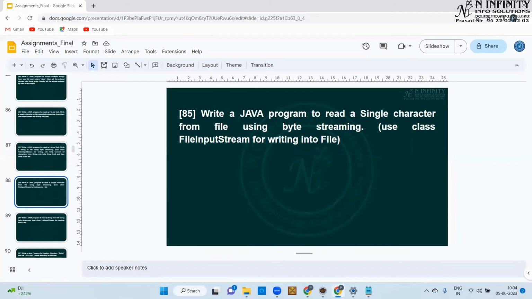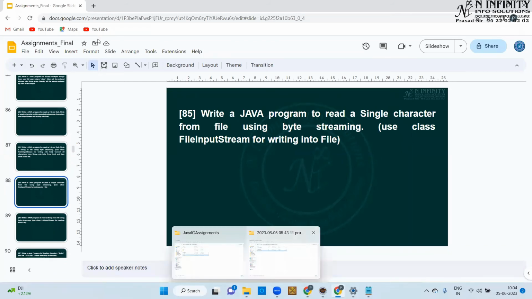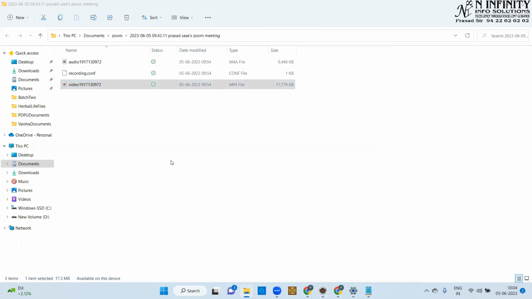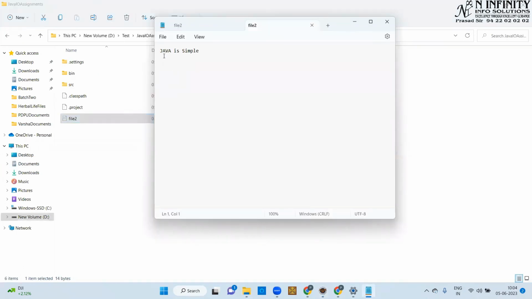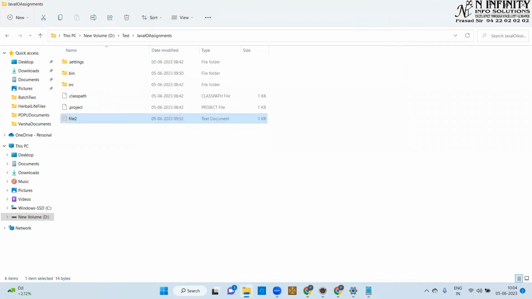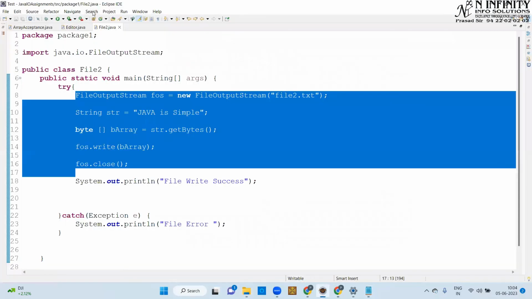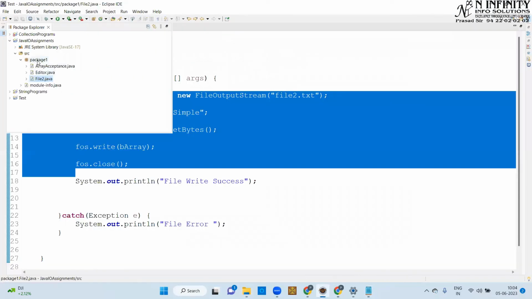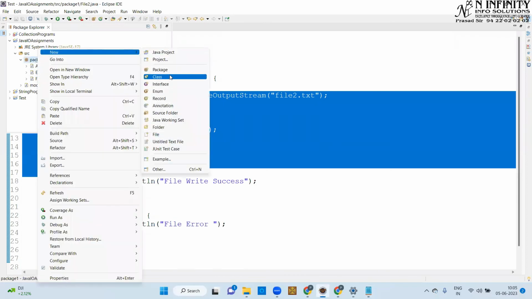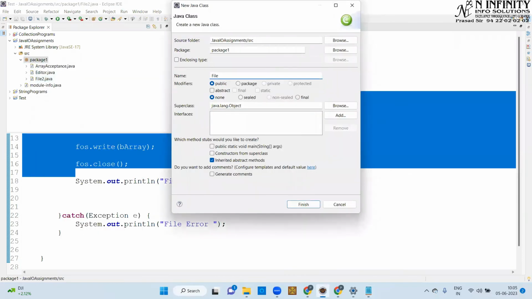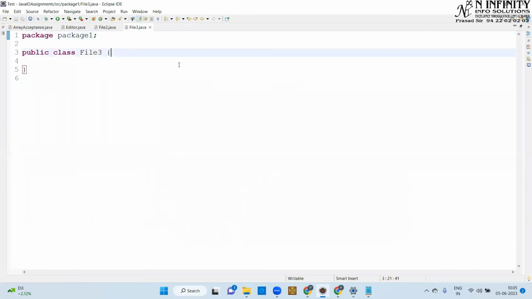And we know that in our file, अभी जो create किया है, let us see that file is, let me check out, यहाँ पे file2 में "Java is simple" is a string that has been written. हम लोग इस J को read करने की कोशिश करते हैं, which is the first byte within the file, right? Okay, so let's see how we can go ahead with this. So here I'll create a new class, let us say file3,